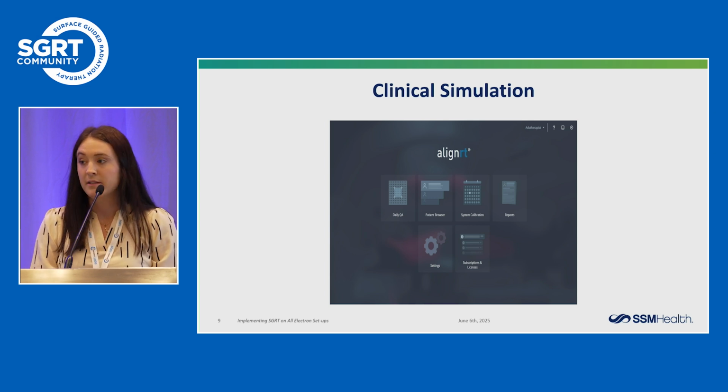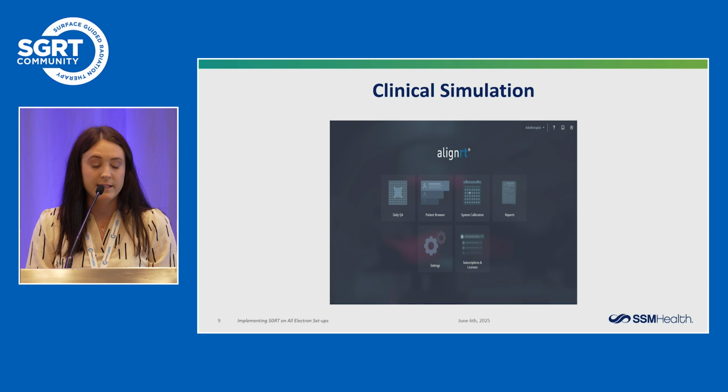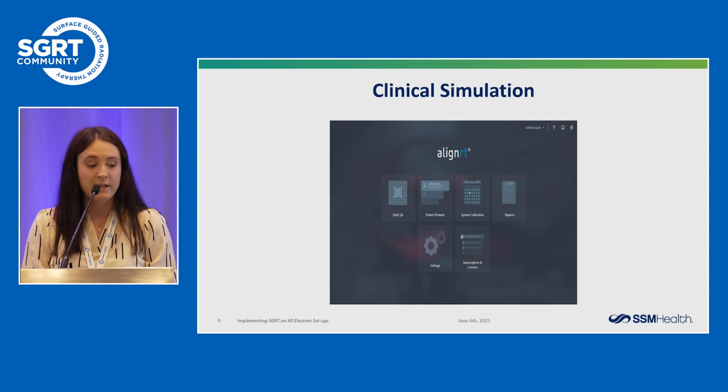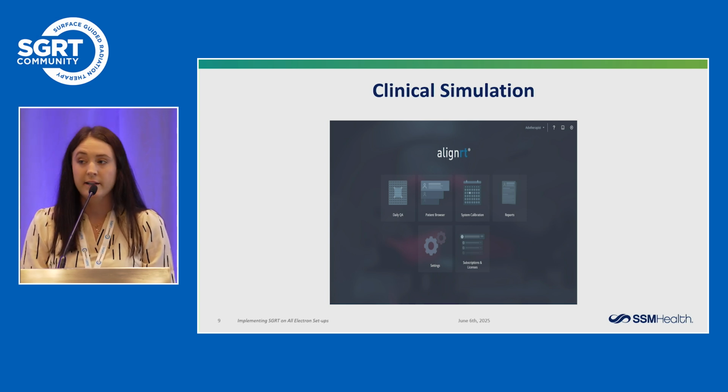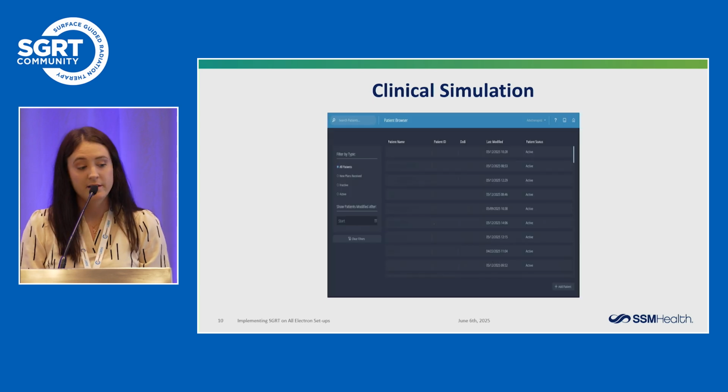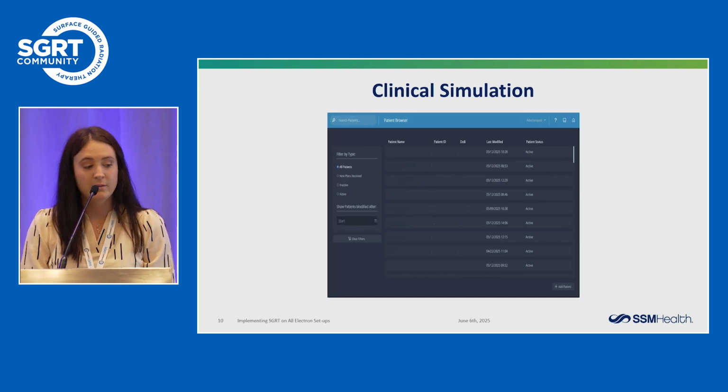And when we're doing a clinical sim, we don't have that CT data set, so it's a little bit different with getting that patient imported into the system. So in order to do that, we're going to go to Patient Browser. Once in your Patient Browser here, at the bottom right hand of the screen, we're going to select on Add Patient. And a little box is going to come up here, and we're going to put in all of our